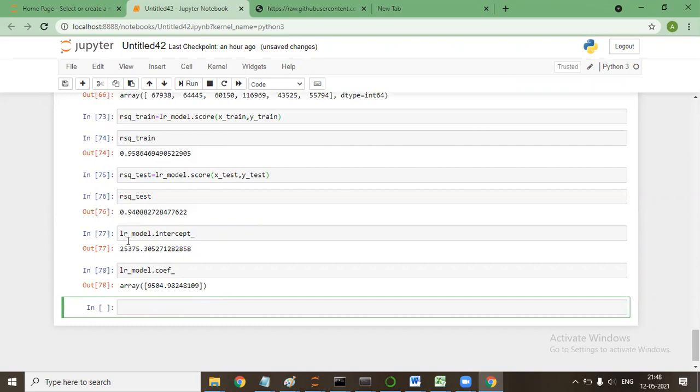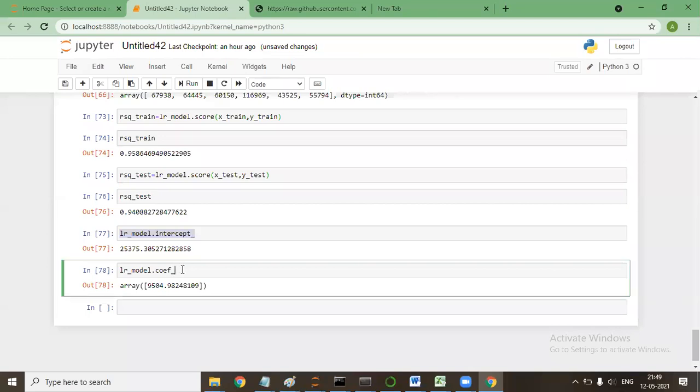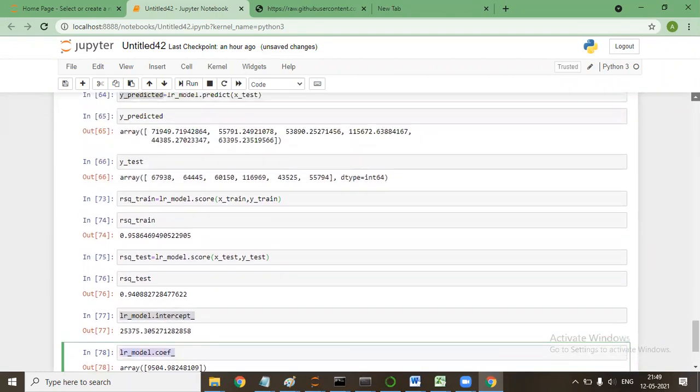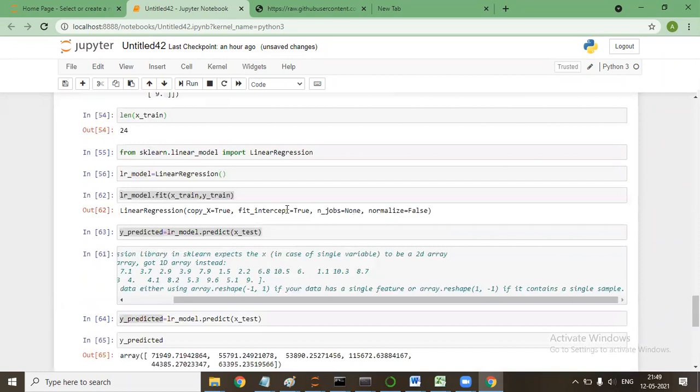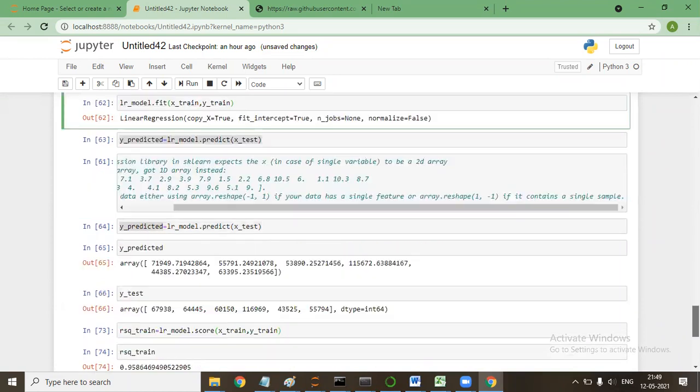So you see here, when I created the model yesterday, we got the intercept and slope. When we used this statement, LR model.fit on x_train, y_train, on the back end the model has constructed this.